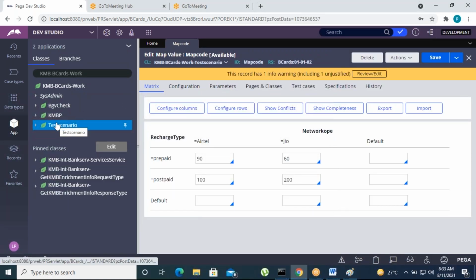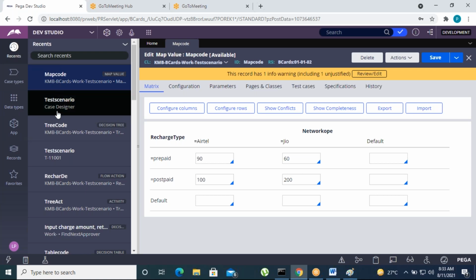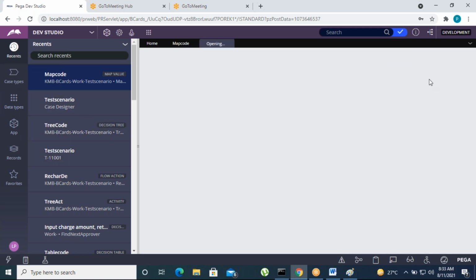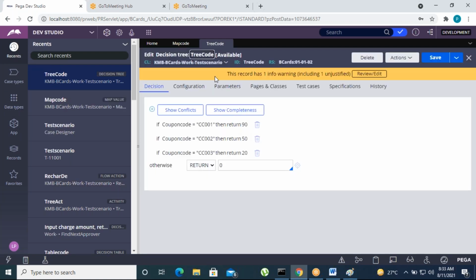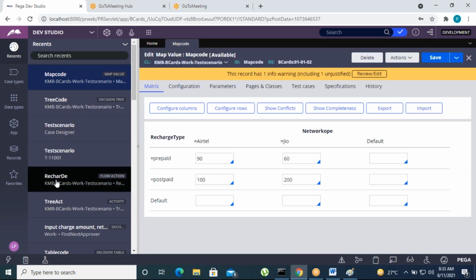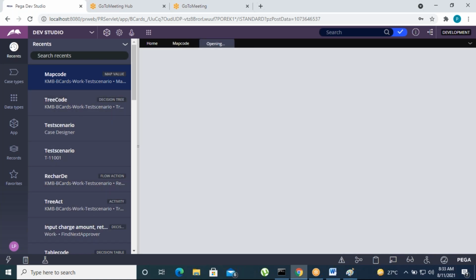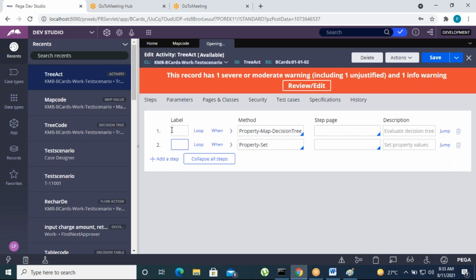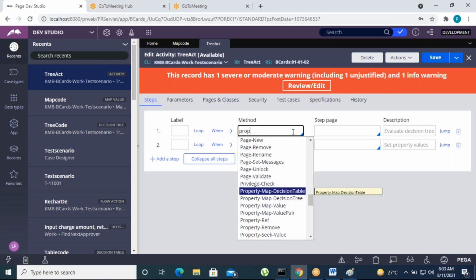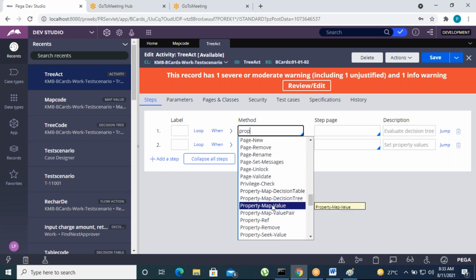Now we can go and create an activity. I'm saying in the same activity, the table activity, the tree activity, without creating it again you can make modifications if you want. Something is a tree code, right? Tree activity, same activity creation, no change, but if you want to change the parameters you can change them, but the method will be changed here. That is property hyphen map hyphen value. There are two methods, property map value and property value pair. Property map value is for one row, one column.